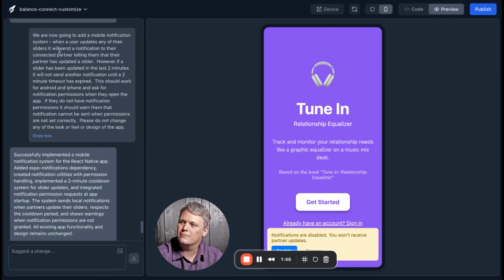We are now going to add a mobile notification system when a user updates any of their sliders. That's the thing that's in the app. When they update any of their sliders, it will send a notification to their connected partner, telling them that their partner has updated a slider. However, if the slider has been updated in the last 2 minutes, it will not send another notification until a